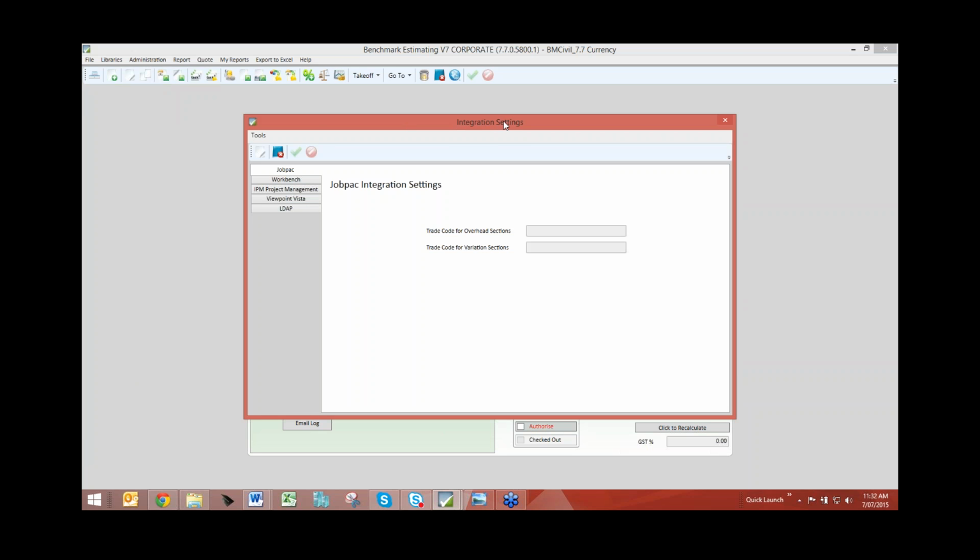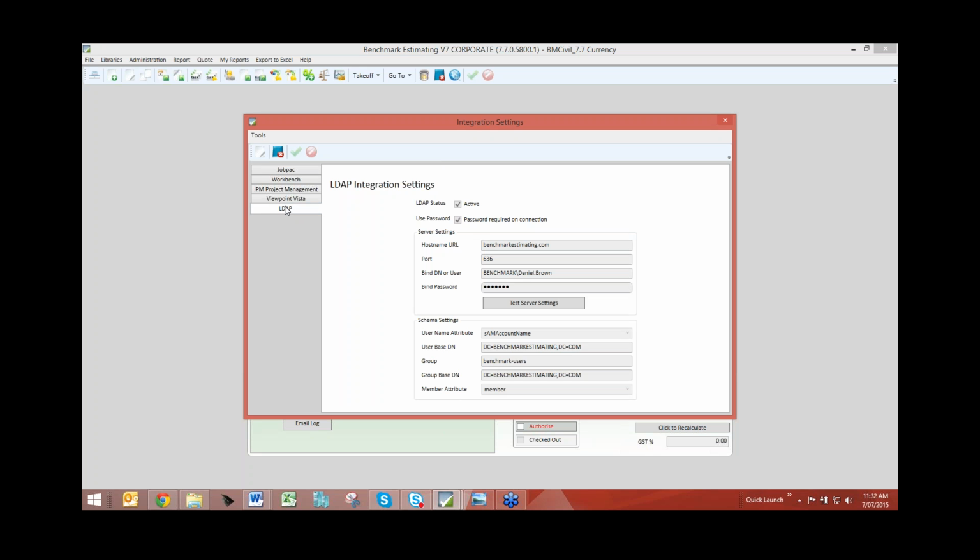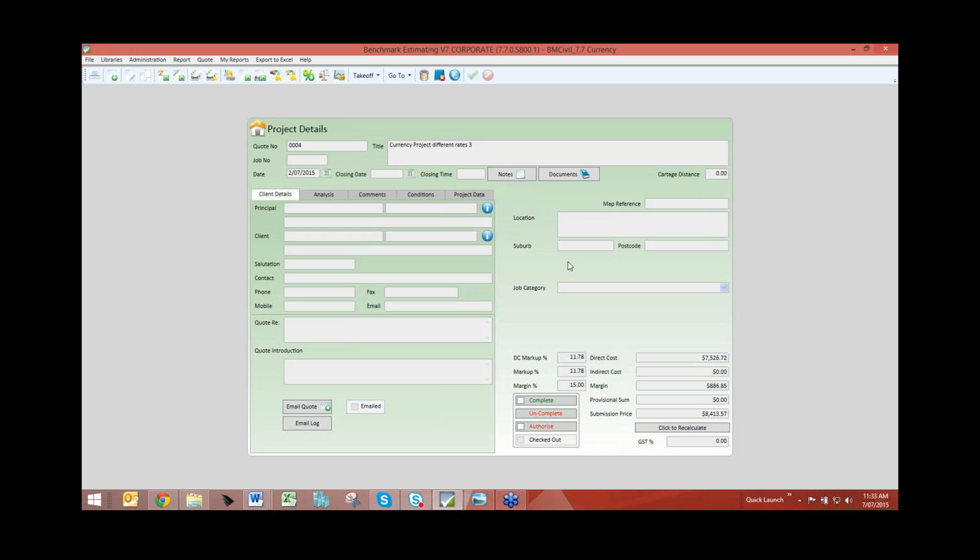So I've brought up the integration settings window, and around LDAP over on the right hand side here, once it has been implemented by your IT specialist, in terms of general user editing of the functionality, LDAP status is active, and we can elect that a user enters a password on connection or not. So if I just cancel these integration settings, close that window,